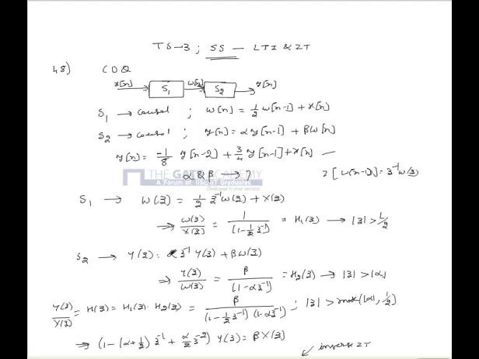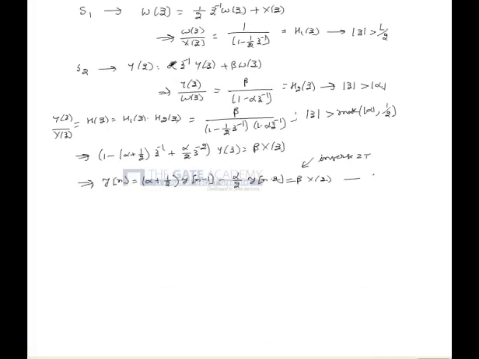Upon comparing equation 1, which is marked here, and which is also the LCCDE given, with equation 2, we can see that alpha plus 1 by 2 should be equal to 3 by 4 and beta should be equal to 1. So upon simplifying these two equations, we can see that alpha should be 1 by 4 and beta should be 1. So the correct option would be